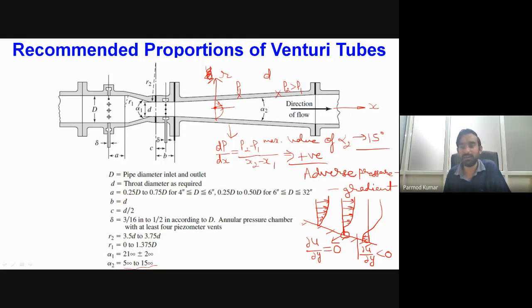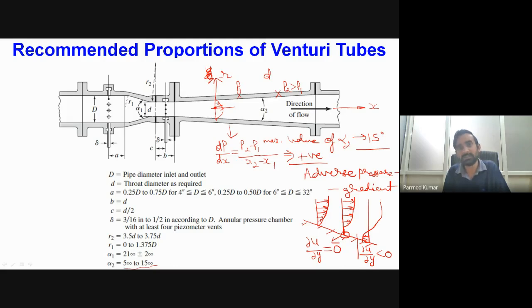Obviously, while obtaining this equation, we considered that our flow takes place in the forward direction, and we did not consider any losses associated with this type of reverse flow near the wall surface. That's why, while designing this type of device, we consider our angle of divergence in such a fashion that we do not have any separation of the flow. We have to vary the pressure in a gradual manner rather than having any rapid increase of the pressure value.